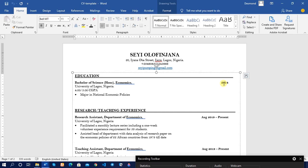his qualification. All right, we have right under the word education the name of the course that he did: Bachelor of Science, honors in economics. Okay, so economics was the major, I guess. He studied at University of Lagos, Nigeria. Okay, so the university or the name of the school comes right under